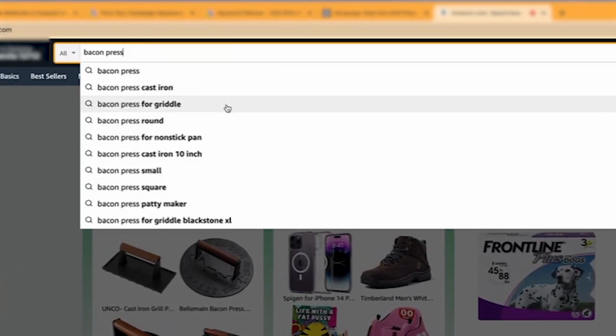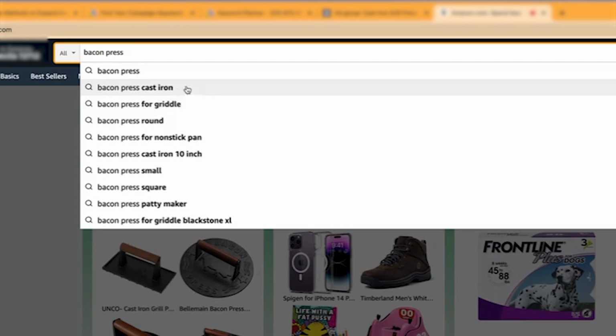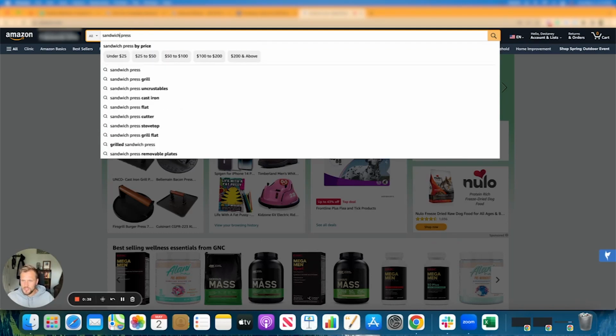And as we can see, we have multiple bacon press search term variations here. And we can do this across any keyword that you wish. We can do sandwich press or grill, cast iron, which is highly relevant. And last but not least, we can type in panini press and see highly relevant keywords as well. So what I'll do then is go ahead and extract these keywords, and then we'll move on to the final